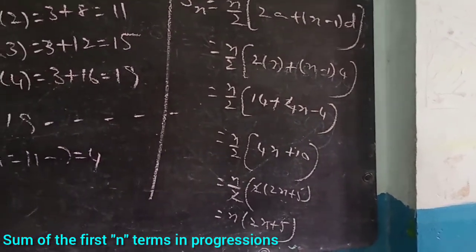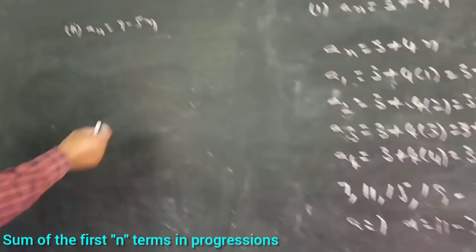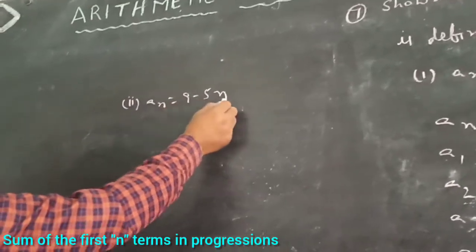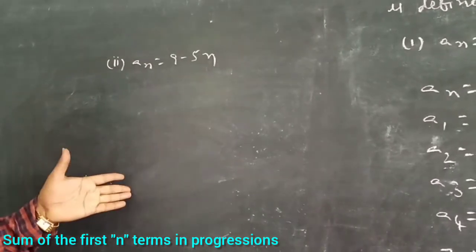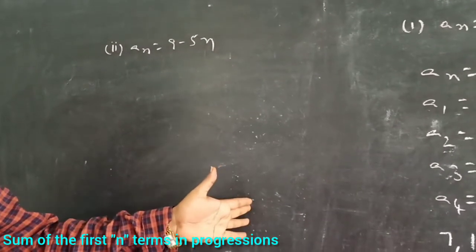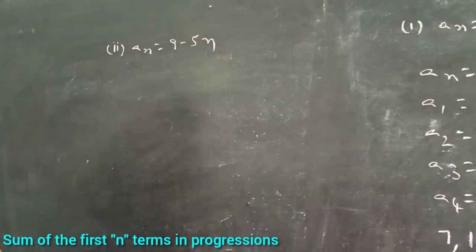It is also the same model. an equal to 9 minus 5n, that is the same second sum. a1, a2, a3, a4: substitute that, then find out the arithmetic progression. So find out the sum of the